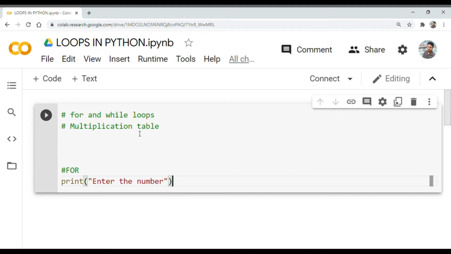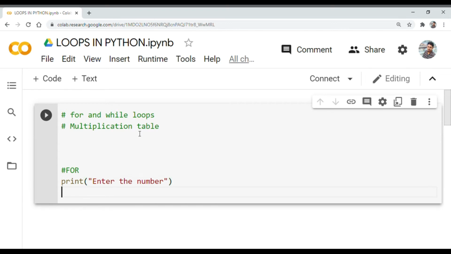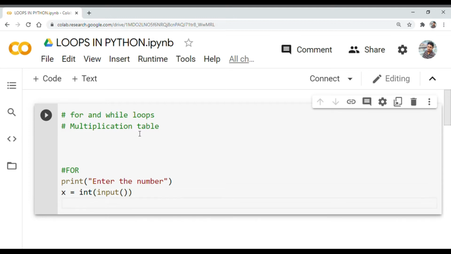You can modify it however you want. This is the print statement, and to take the input as an integer we have to specify it. So let us take some variable x equals to int of input, since we are taking an integer input. So now we are taking input, and now what next?